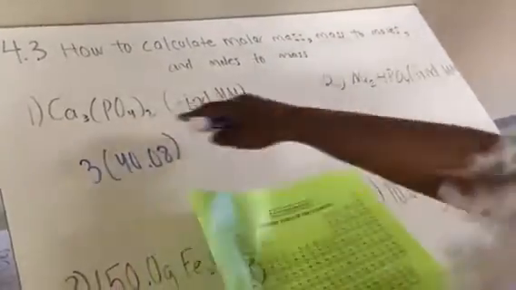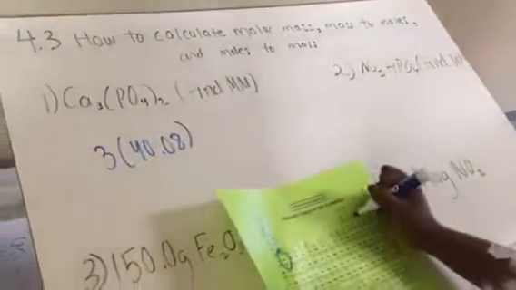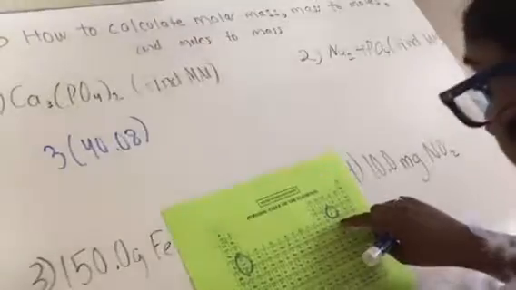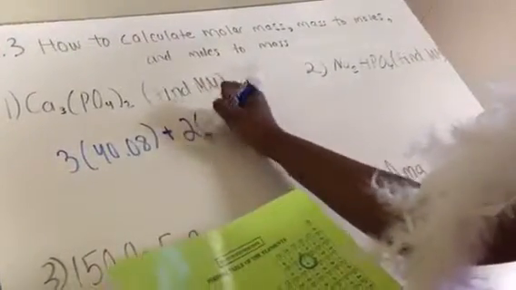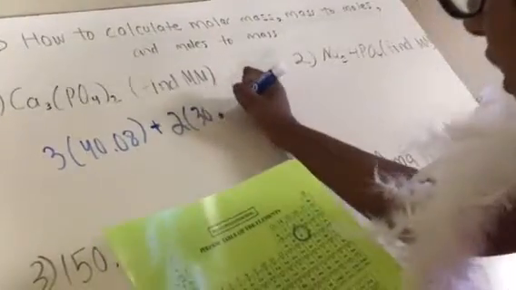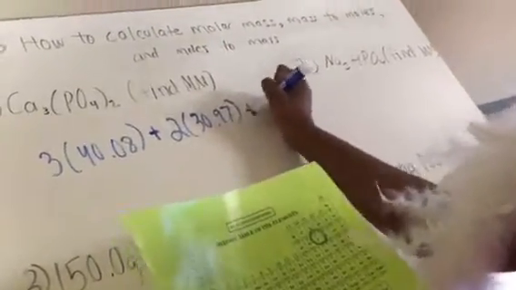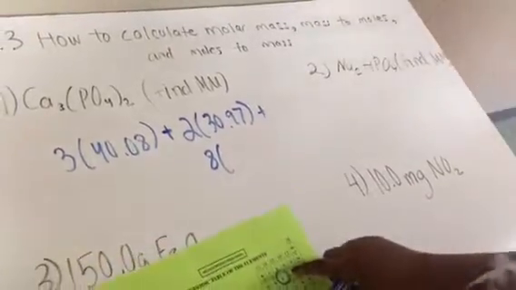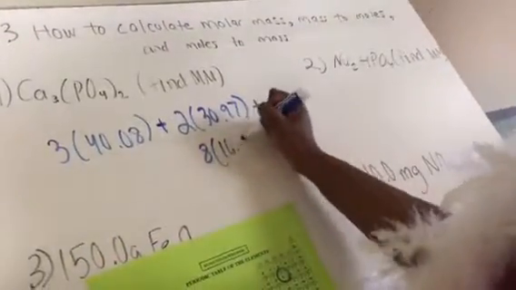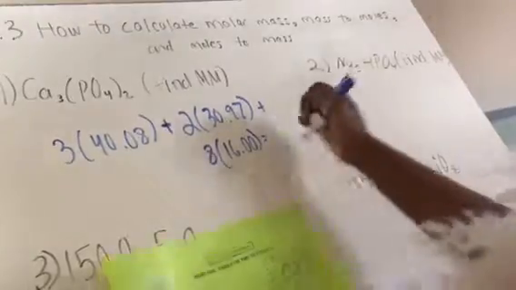40.08, and then we have to go to phosphorus, which is 30.97, and we have 2 of those, so 2 times 30.97. And then we have 8 oxygens, and oxygen is 16.00. And our answer is